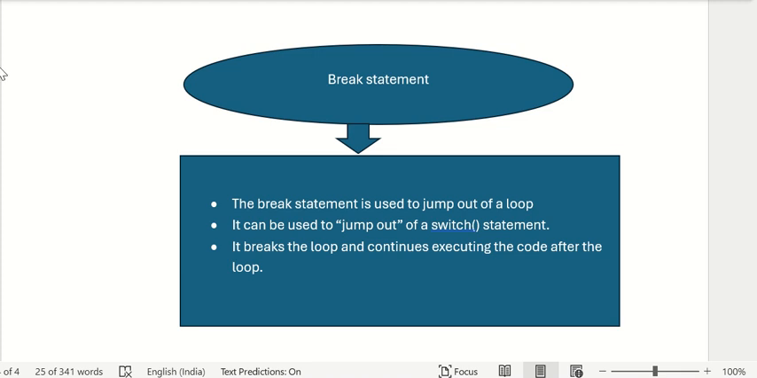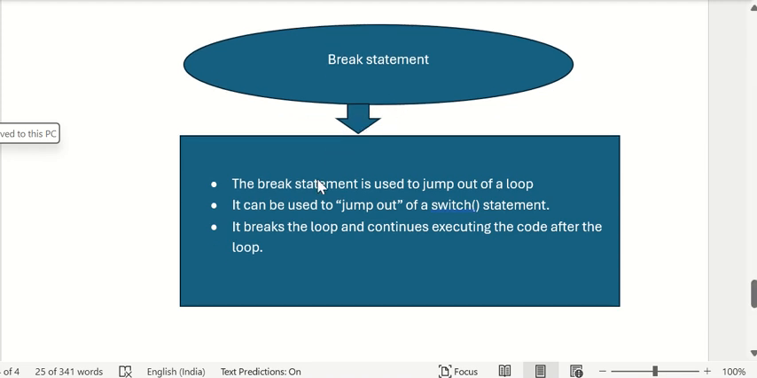So we have already discussed loops. Inside the loop basically we use these, and we will discuss an example. Here for the break statement we have made some bullet points. The break statement is used to jump out of a loop, meaning loop से बाहर होने के लिए हम